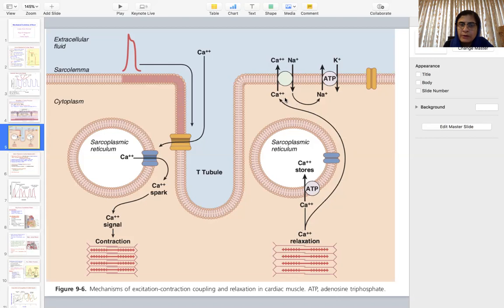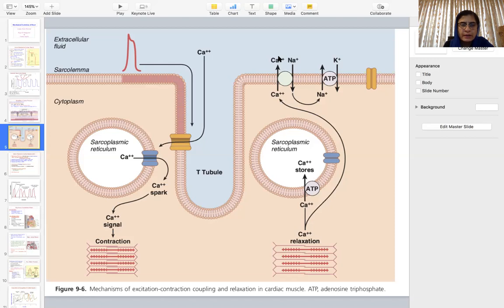Moreover, the calcium that came from the ECF has to be sent back into the ECF. The concentration gradient is created by the sodium potassium ATPase pump, which helps in the efflux of calcium ion back into the ECF by calcium sodium counter transport. Sodium comes inside, and calcium goes out. The sodium is more outside, so it is moving along the concentration gradient, and the energy released helps the calcium ion to move against the calcium gradient from the ICF into the ECF.